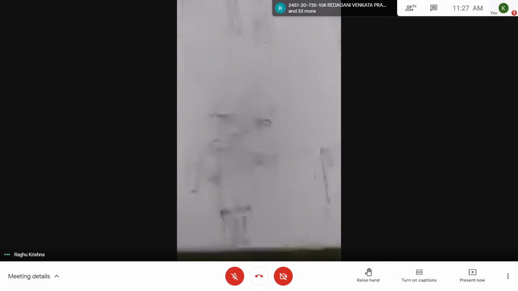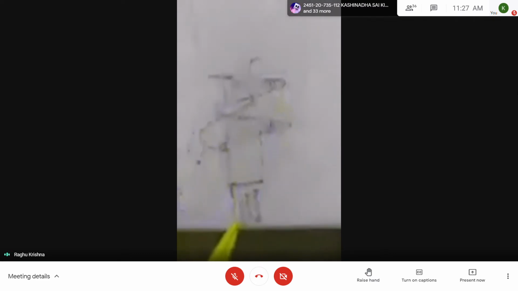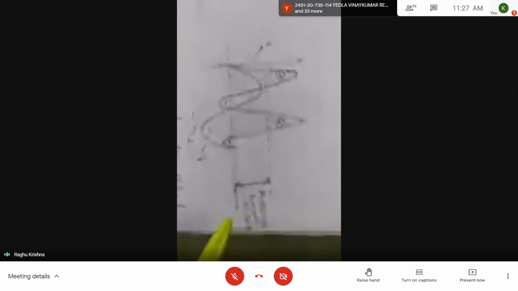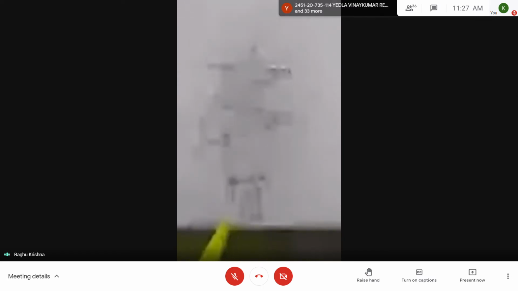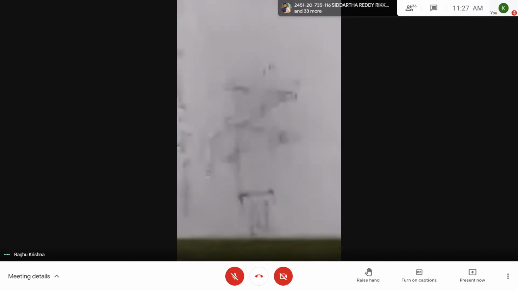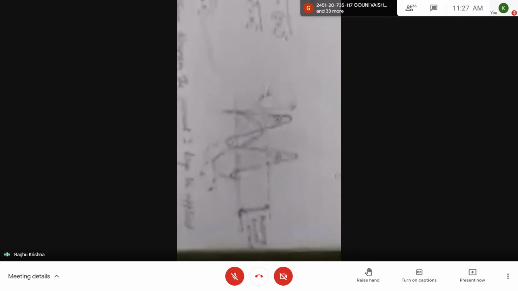If you multiply voltage and current, you are going to get power like this. The positive portion is more, the negative portion is less, because it is an RL circuit. Now if you find the average power, the average power will be positive, given by VI cos theta. This picture I will send. Next, let us continue the class.